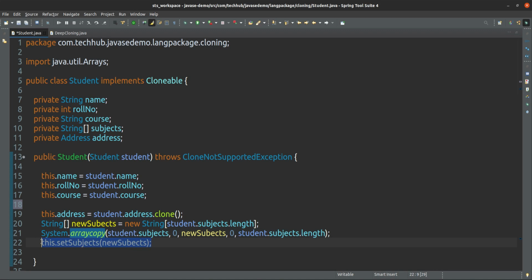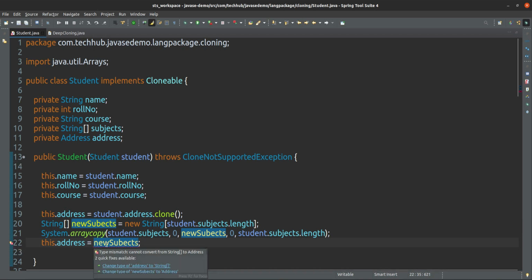That's it. Or you can use this one, no issue. Oh, sorry, not address, subject, sorry, that is subject. So okay, that's it, that is also fine.